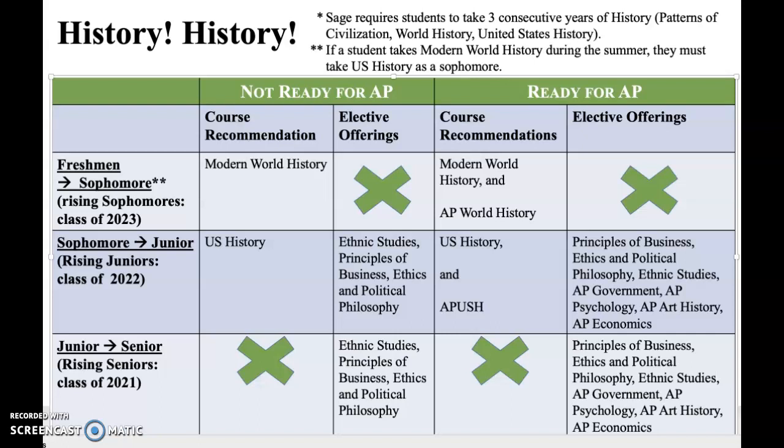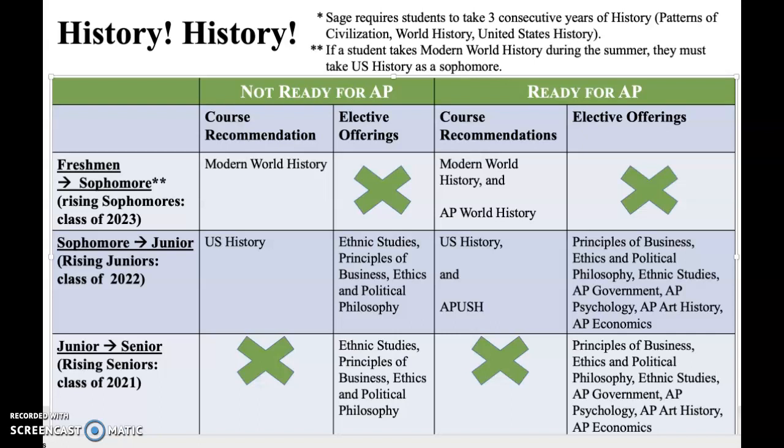Also, if a student is in an AP class, they really need to be advocates for themselves. And if they are having questions about skills or content, they really need to go to conference and talk to the teacher. Students that have issues with time management, organization, procrastination, AP World and APUSH the next year can be really difficult courses because the content can quickly snowball and become very overwhelming. So if possible, we want to avoid that situation.